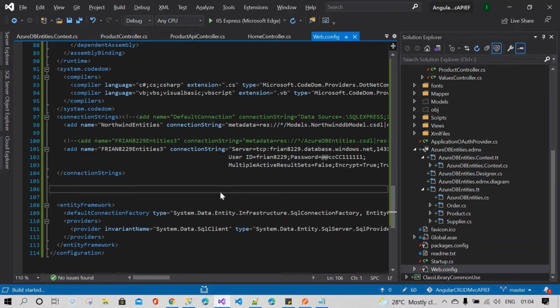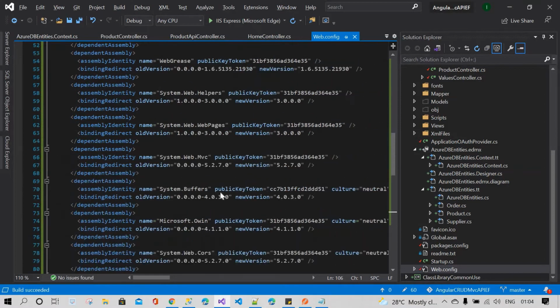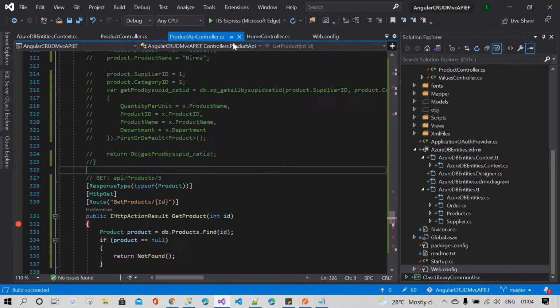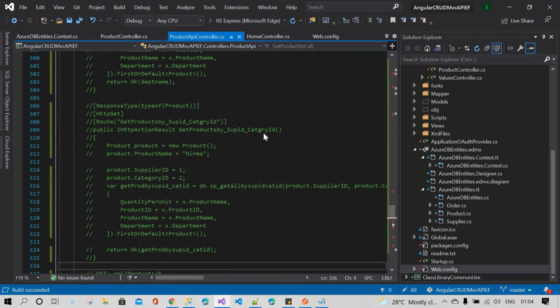Then build the application. Now everything is looking good. Again build the application and start the application.